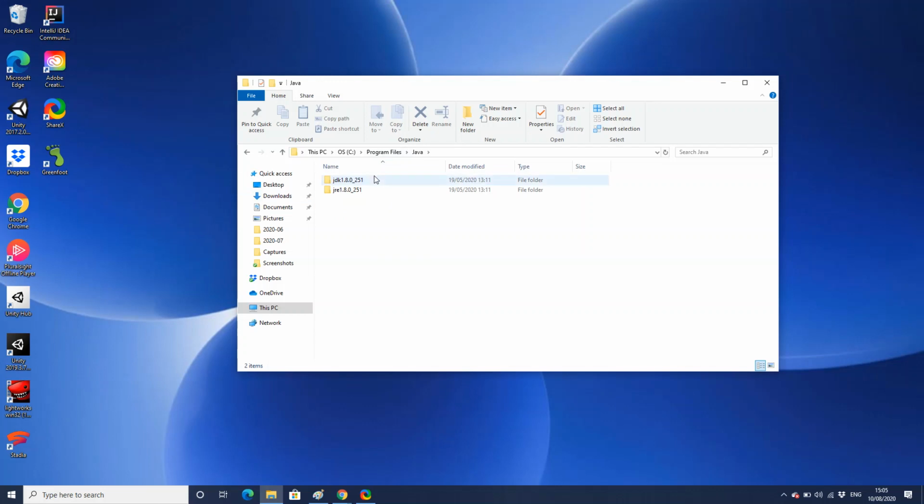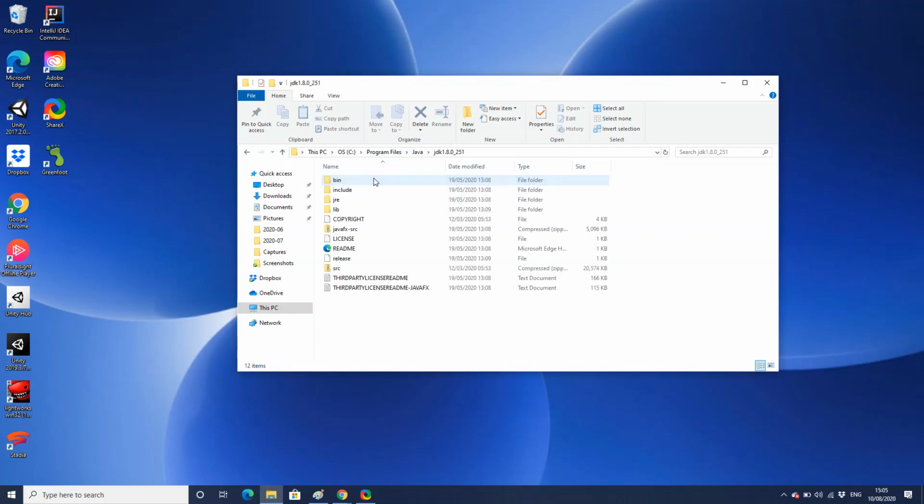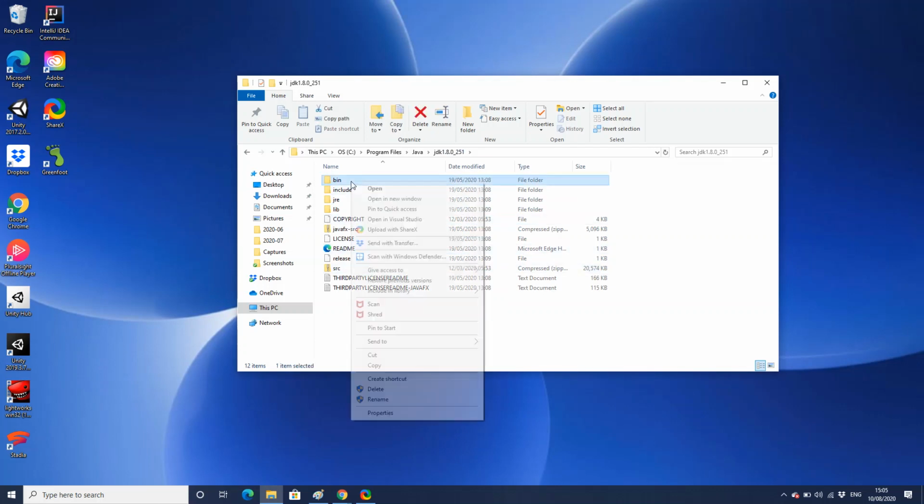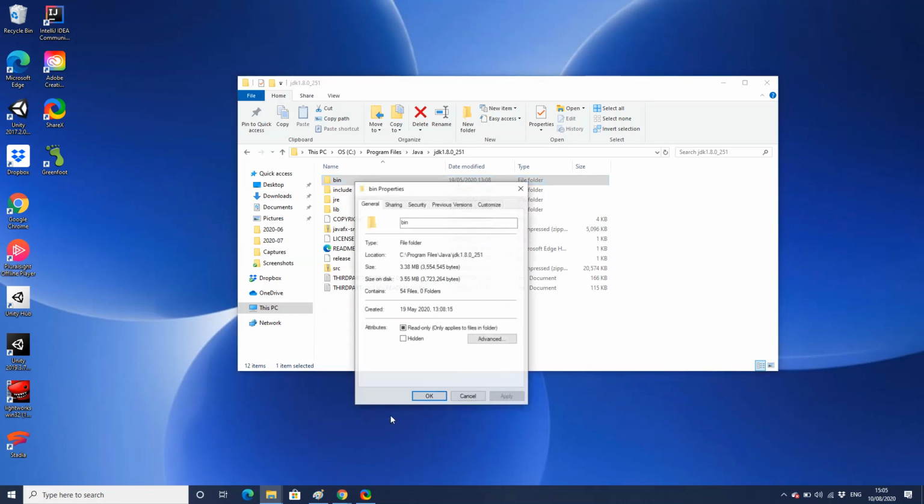So you then open first this one, and then you see this here. What you have to do is copy the file path of bin. So you just literally do copy. You go to properties first, I'd recommend. And then, okay, there we go. So just copy this,